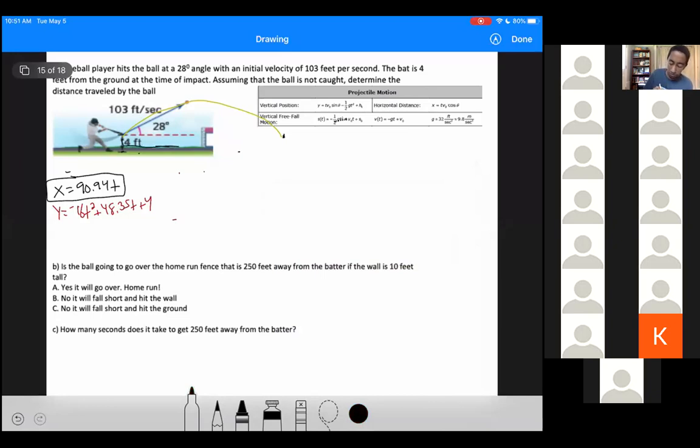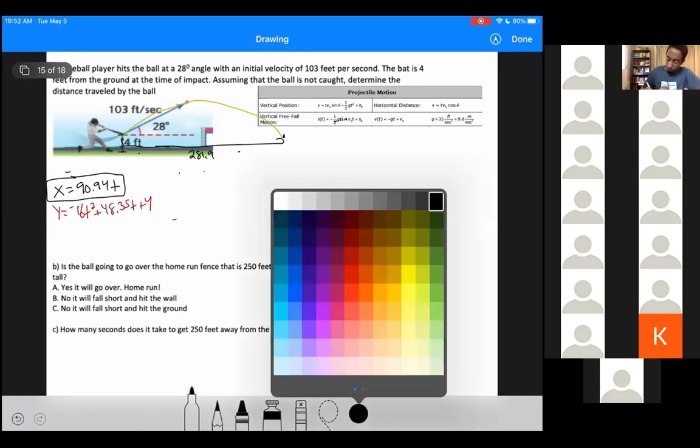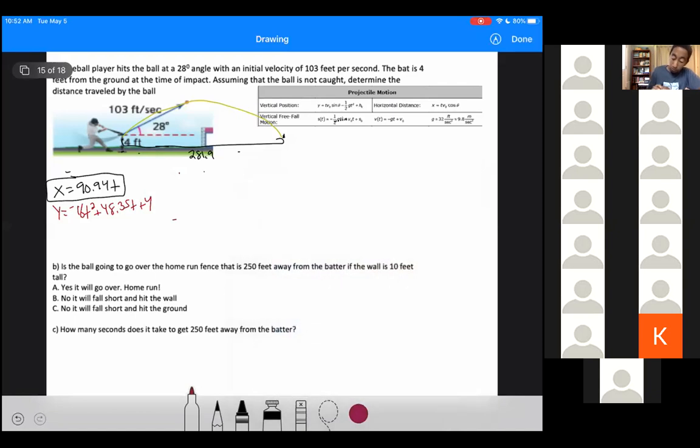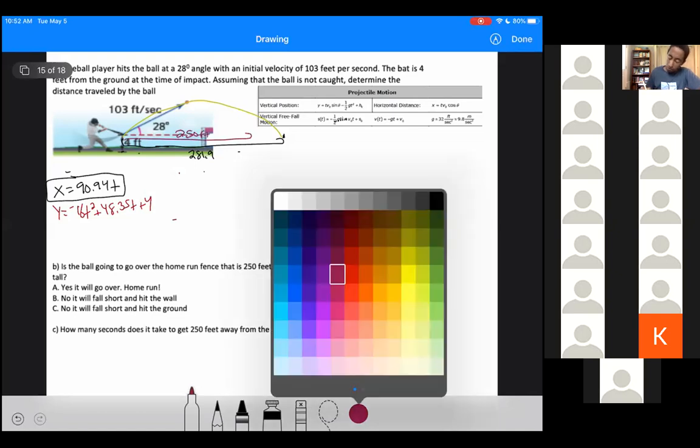We know that this took, what was that again? 200 and, what was that distance? Come on, help me out. I erased it. 281.9. Thank you. So if there's a home run fence that is 250 feet, and it is 10 feet tall,